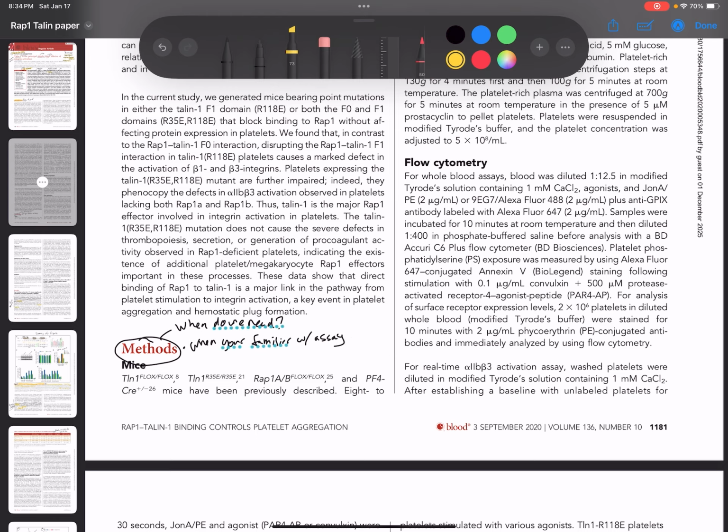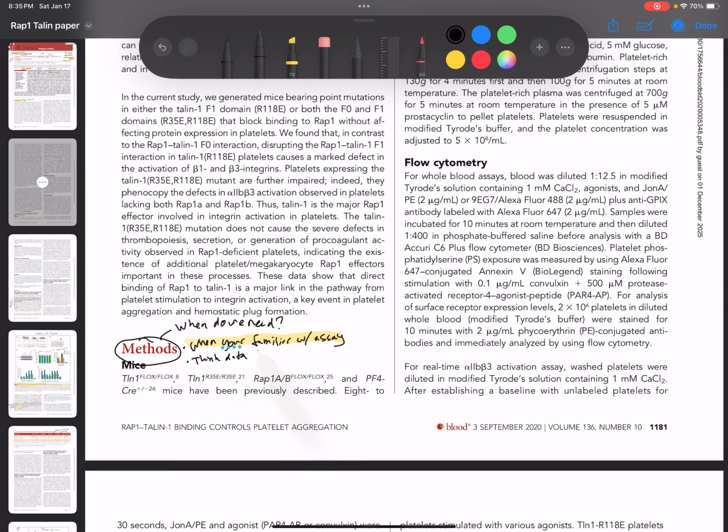So that's the first one. If they pull out a brand new experiment and you're like, what the heck just happened? Look at the methods. Usually in the papers of your field, you should know the general idea of a lot of the experiments. For example, I don't have to look at what they had to do for Western blots unless I think